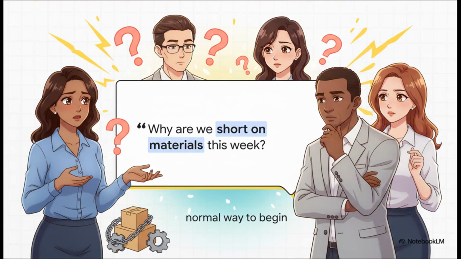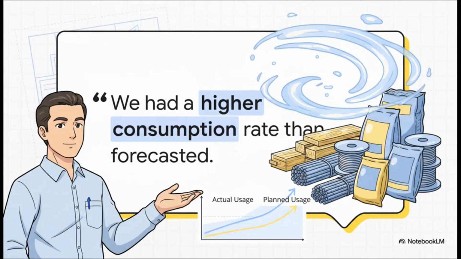The conversation starts with a very direct question from the manager. You can just feel the pressure, right? The most important thing is how the supervisor answers this first question. Okay, now look at this response. There are no excuses. The supervisor isn't blaming anyone. They just state the fact directly and honestly. This right away makes the conversation professional.